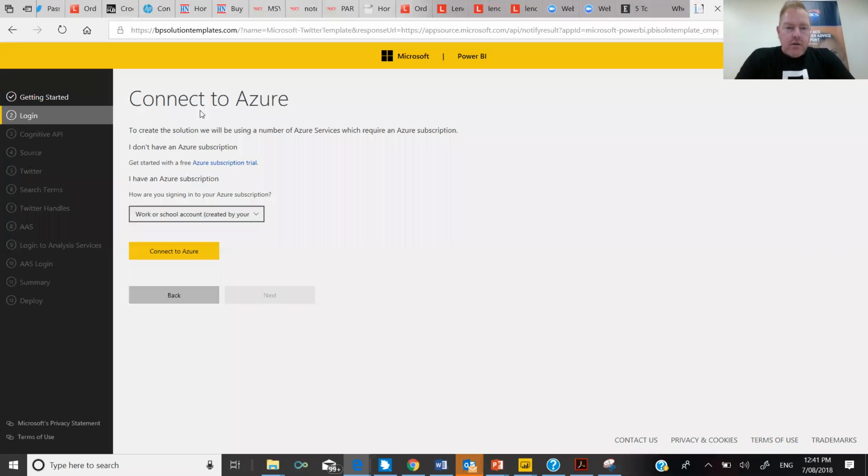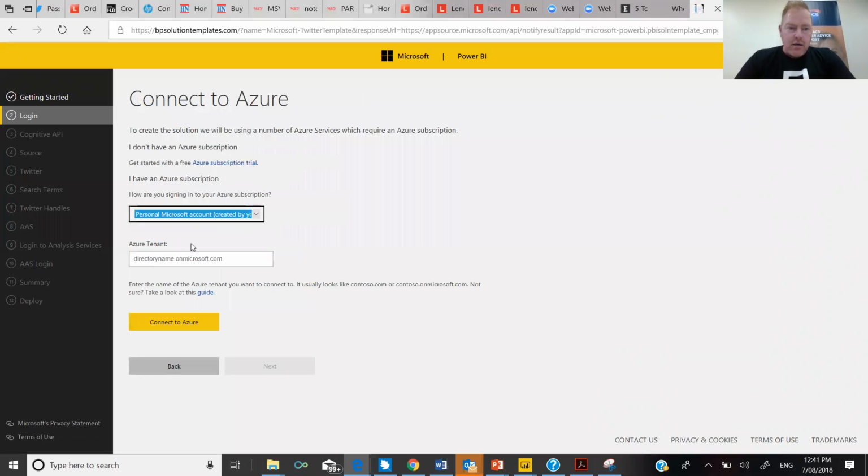So we click next, and I mentioned that you need to connect to your Azure account. So you need to have an Azure subscription. Anyone that's a student generally gets a free Azure subscription or a trial, and they get some credits. But if you're using this for business, generally you need an account that's attached to a credit card. I'm going to log into my demonstration tenant, and then say connect.